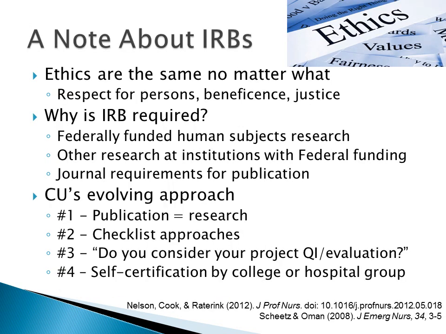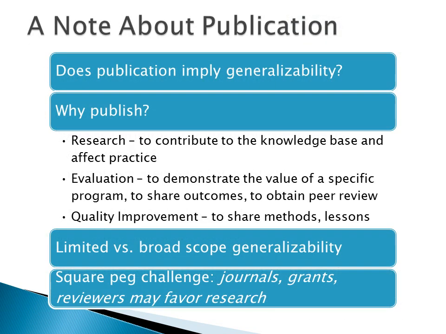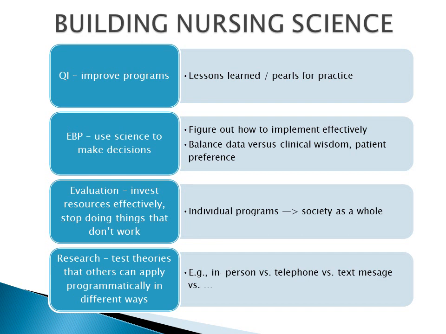So a note about IRBs. IRBs do tend to exempt quality improvement, and our process here has evolved over time, so QI does not require IRB review. What about publication? We do encourage you to publish quality improvement studies because it may be valuable to your peers. I think there's a knowledge about what actually works in practice that we need to build up more in the literature. So I really encourage you to think about all of these methods as complementary to one another, different scientific approaches, all of which contribute something to nursing knowledge, just with a different focus depending on whether it's QI, program evaluation, or research.